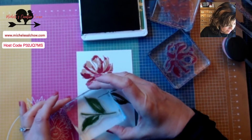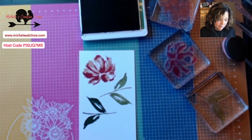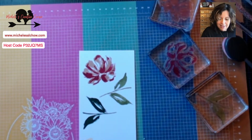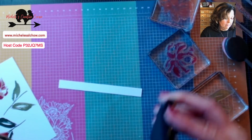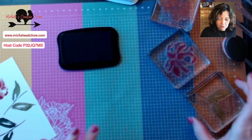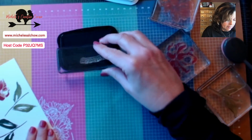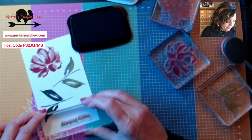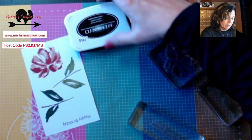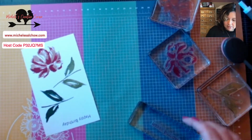All right, so this one there. Yeah, I'm not going to decide yet. I'm going to go ahead and do my greeting on this little piece here, which actually, no, I won't. Ugh. I'm not going to do it there because I do want to use the die. So we'll just do it down here and hope that I left enough room. Okay. All right. So let's